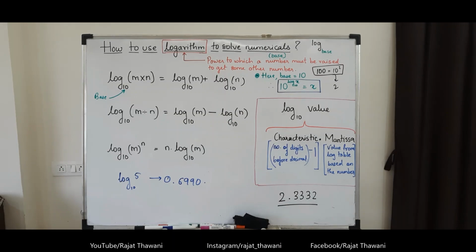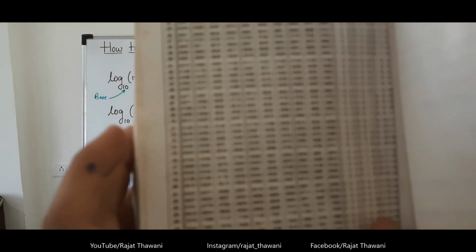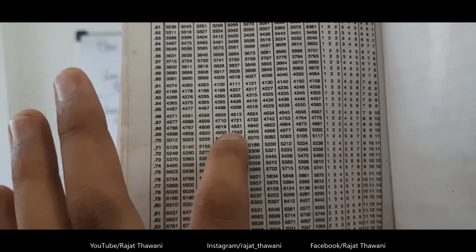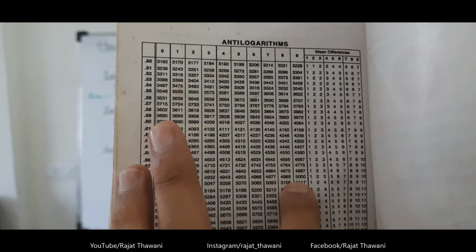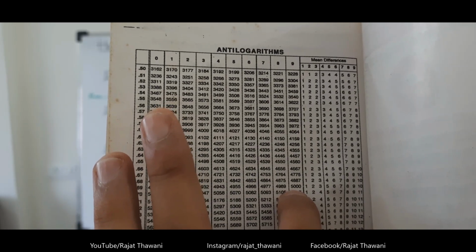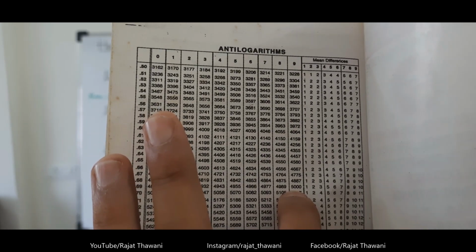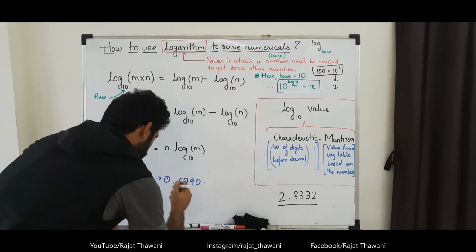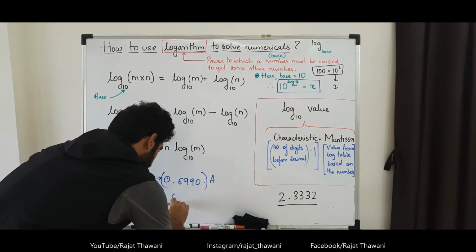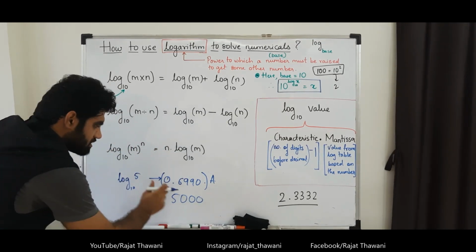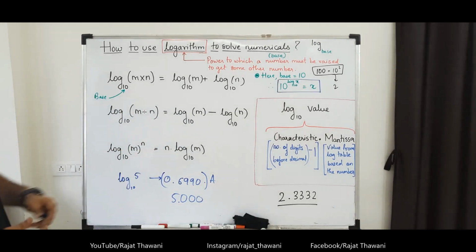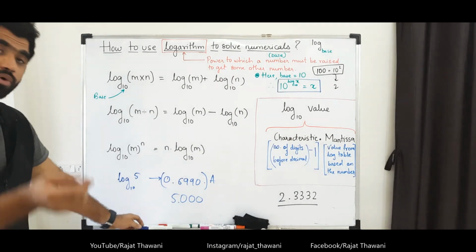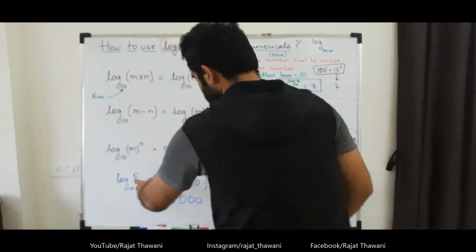So see this. 69 in 9, that is 5.5000. No mean difference, so therefore 5000. So I write it. The antilog of this will be 5000, and according to the characteristic the point should be placed here. See, you got the antilog, and the antilog is the same as the number of which log was taken. Now this is for a single digit.